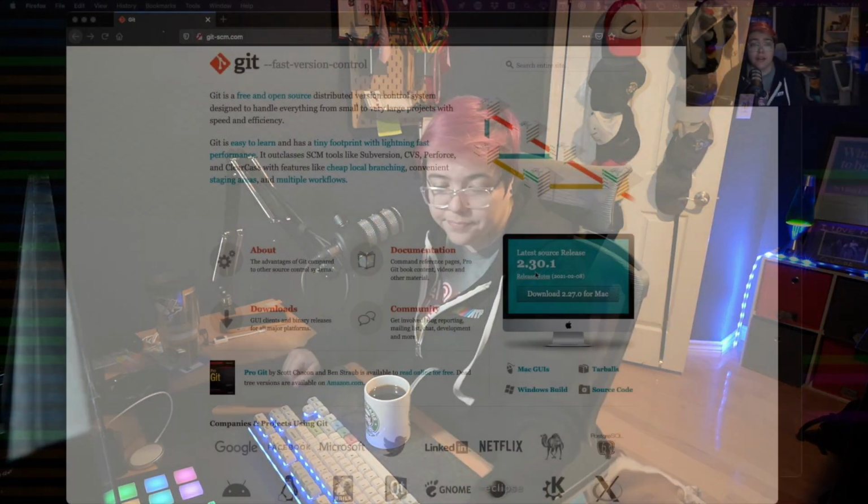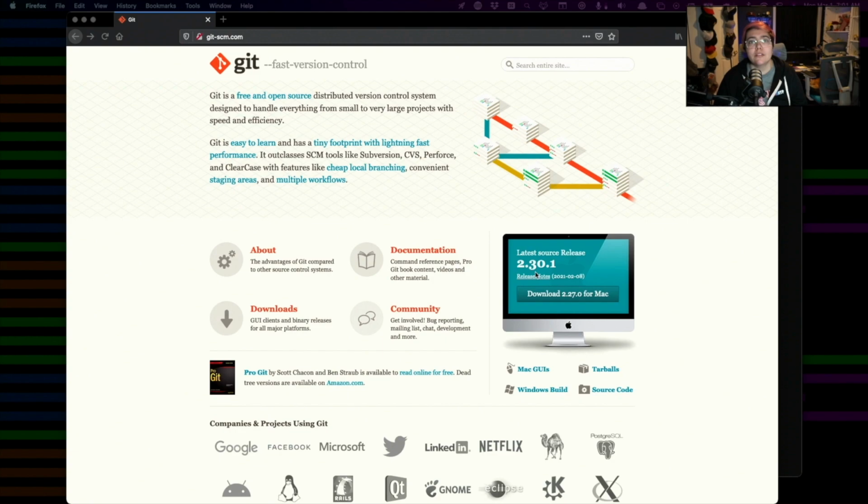How do you use it? First off, you have to install it. So let's go to the website real quick and see how to install it. If you're using Mac OS, to get Git installed, the easiest thing you can do is load Xcode command line tools, but you can also go to the website